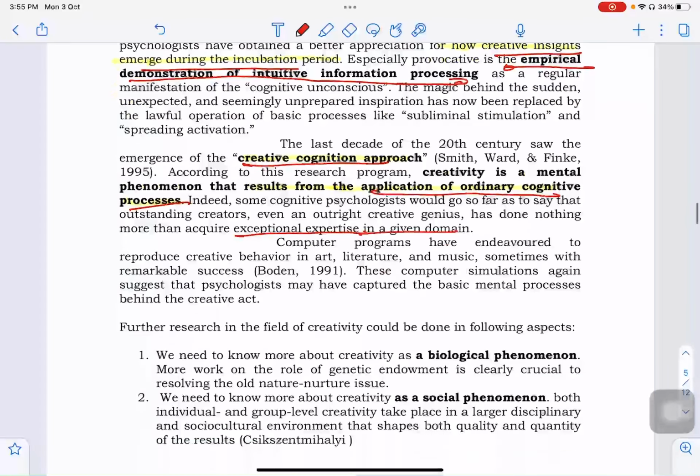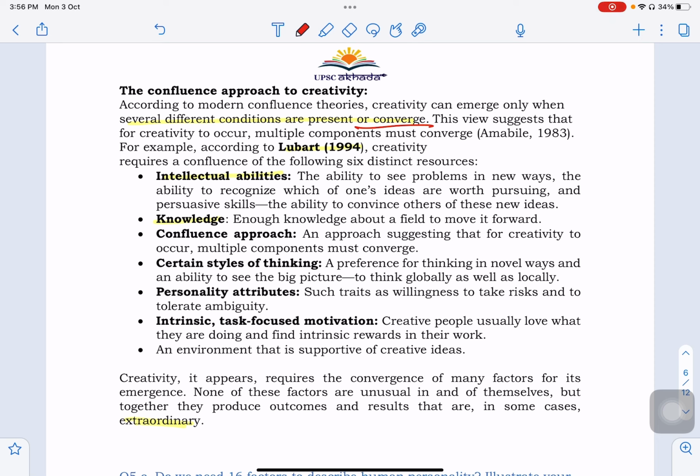And coming to the second aspect, it is a very direct question from Baron only. It is nothing but to converge all the different dimensions of cognitive psychology, socio-cultural aspect of psychology, personality aspect also. They say there should be a mixture of all these for creativity. Lubart said there should be intellectual abilities, some knowledge, certain styles of thinking which should be novel ways, personality attributes, and intrinsic and task focused motivation,